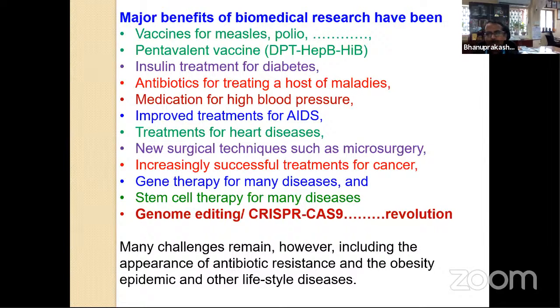The most recent development is genome editing and the CRISPR-Cas9 system. If any one of you in biology is reasonably familiar with it, I want you to teach them what this genome editing and CRISPR-Cas9 is. With this, we can create living beings, including human beings, the way you want. Whether it's good or bad, that's another thing. As I was telling, technology has two sides. So you should always tell them the positive side, not the negative side. But you can literally create any living being, including human beings, the way you want.